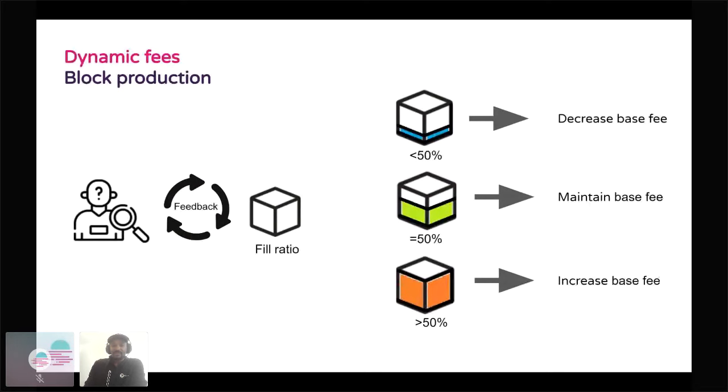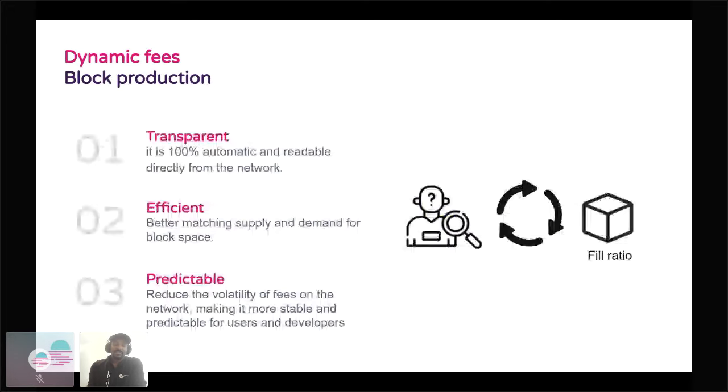Why is it 50%? It is because this is the logic on the Ethereum mainnet that targets a 50% block fill ratio. So what it brings is something that is a bit more transparent. Basically, it is automatically managed by the network, and you can directly see it on chain. It is also more efficient. You can basically match the supply and demand for block space, and it is done directly by the network,